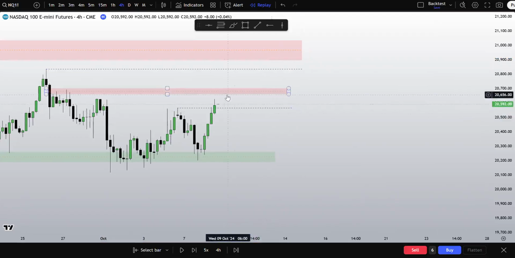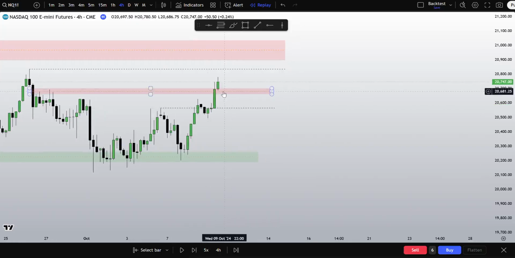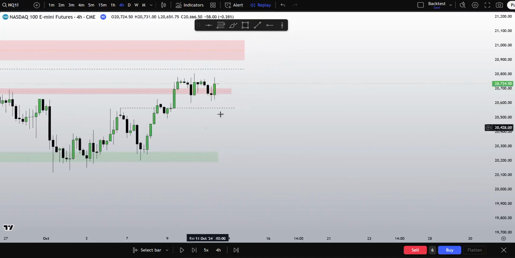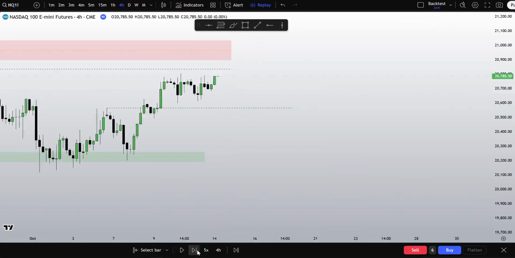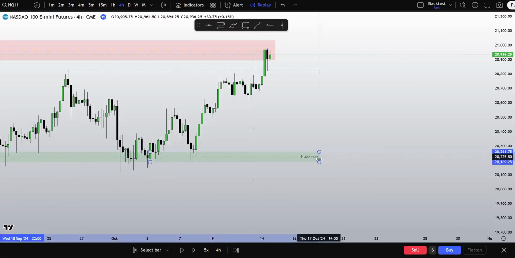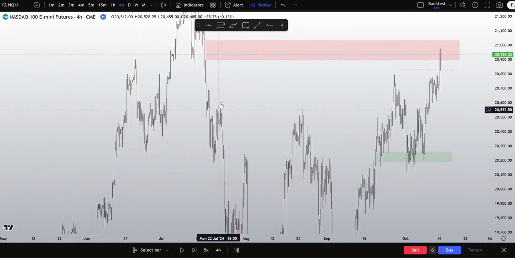Safe draw tapped into. We can see the reversal here, but I would like to see draw 2 tapped into. Disrespected. I want to see draw 3 tapped into as well. Once more. Nothing here yet. So we got draw 1, 2, and 3 all tapped into. What did we do here? We wanted the high. We marked this imbalance. That got disrespected as well. So it's telling us, hey, we are bullish. We are one-sided. So then what is the nearest imbalance or opposing liquidity that we're likely going to attack?